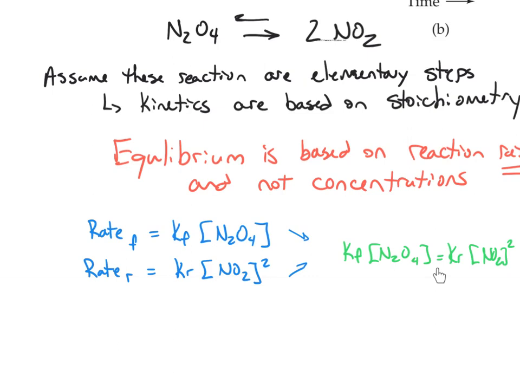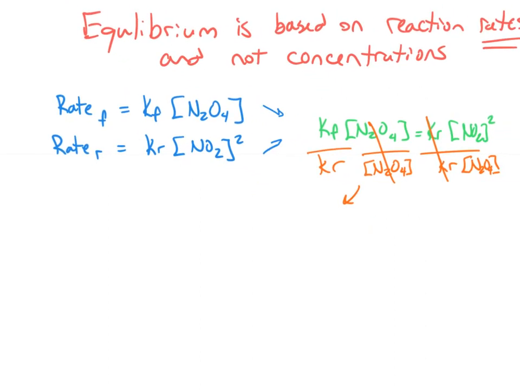Now I want to rearrange this algebraically, not stoichiometrically, so that I get all the constants on one side and all the chemicals on the other. So what I do is I simply use algebra, and I divide by Kr on both sides, so that brings it over to the left side here, and then I divide by N2O4 on each side, and it brings the N2O4 over to this side. And now if I clean this up and rewrite it, what I have is Kf over Kr is equal to